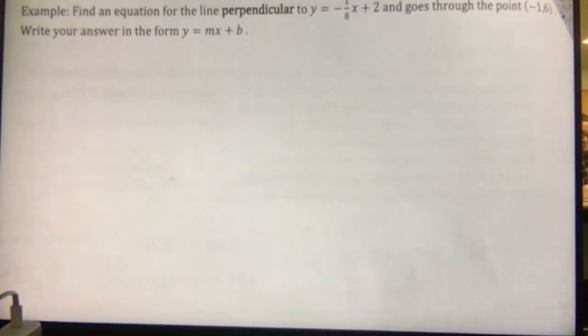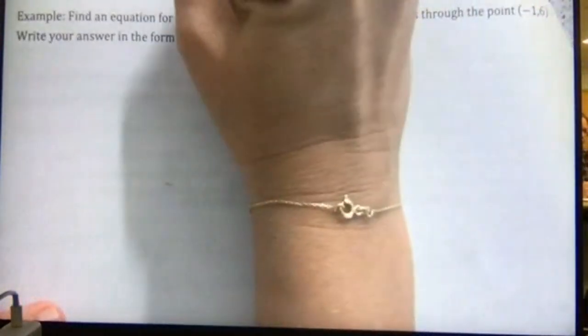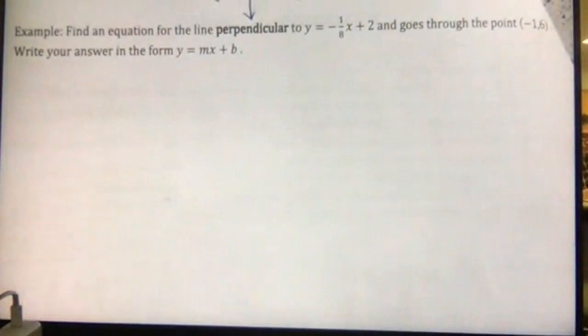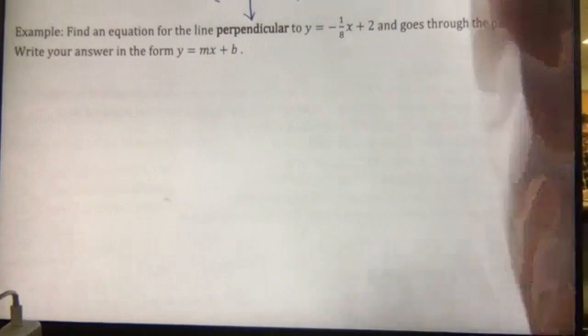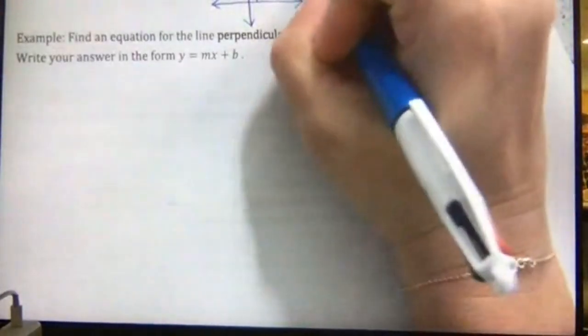All right, so let's first talk about perpendicular lines. Perpendicular lines cross at a 90-degree angle. Because it's a 90-degree angle, that tells us about our slope. Our slopes are going to be opposites. So for perpendicular lines,